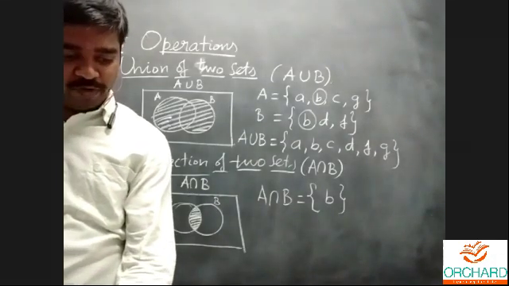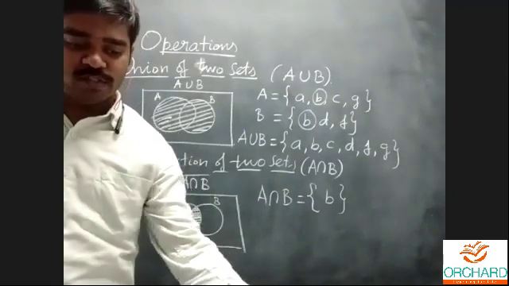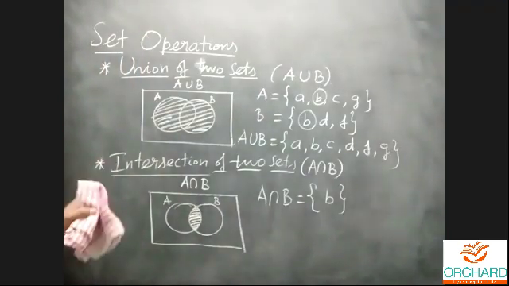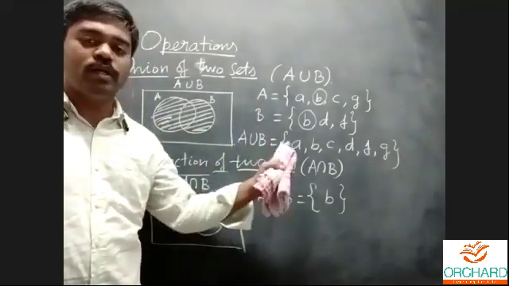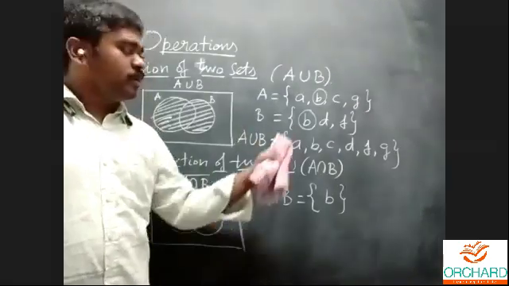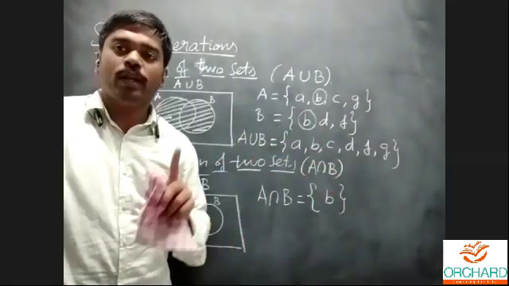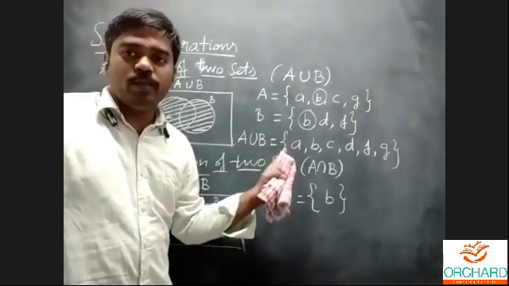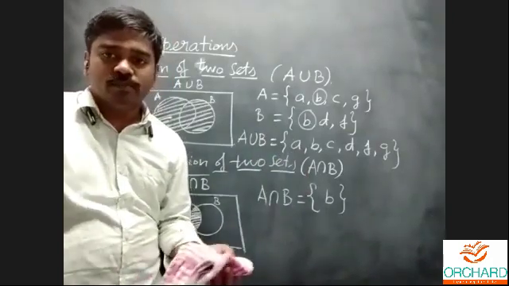Next is difference. Difference of two sets is denoted by A difference B or B difference A. Anybody having any doubt in the union and intersection of the two sets? Union is to join, but repetition of elements is not allowed. Here also B, here also B. Don't write B comma B, that is totally wrong. One element, one at a time in a set. This is only the idea for union of two sets.